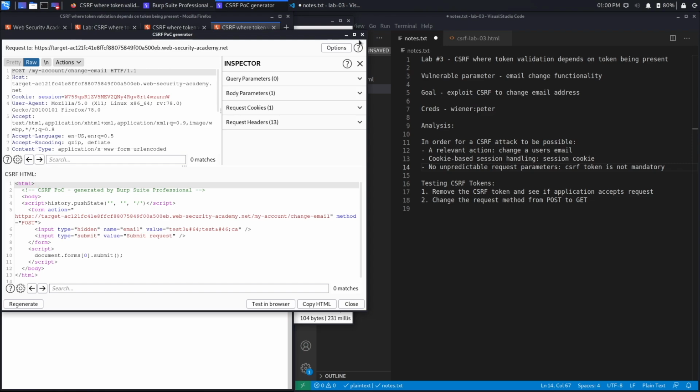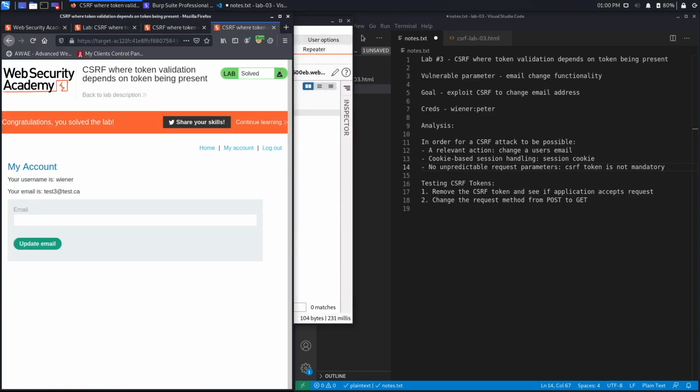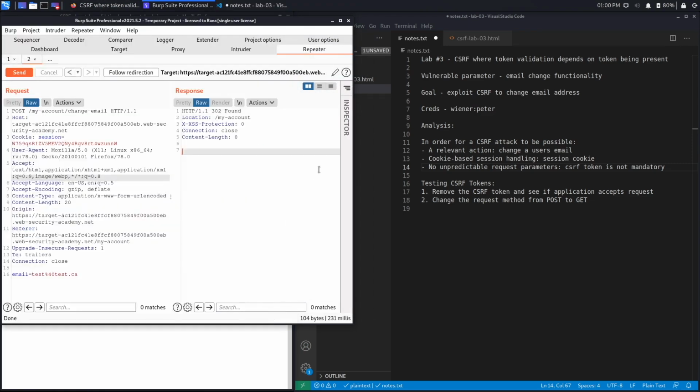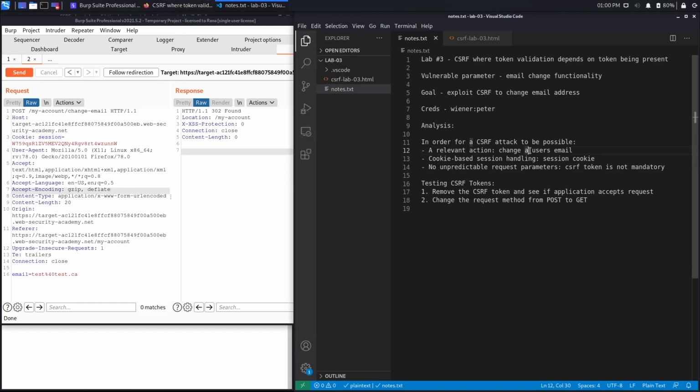So we no longer need the PoC generator anymore. So we're going to close that. And we're going to go back to Repeater. So in this case, when you're using the Community Edition, all you have to do is intercept the request using the proxy, send it to Repeater, and remove the CSRF token, and you'll be at the page that I am at right now. So I'll keep using the Professional Edition, but I just won't use any of the features that the Professional Edition provides. All right, so the first thing we're going to do is save this,